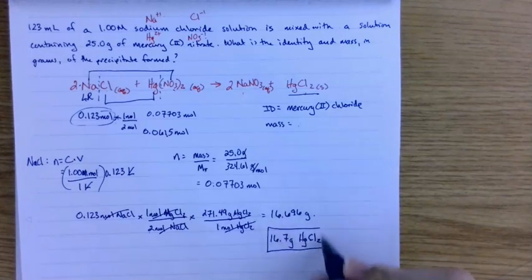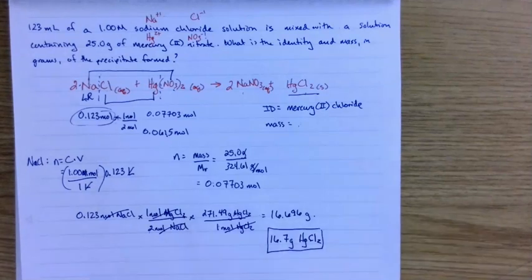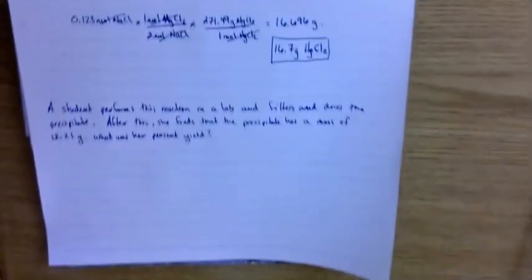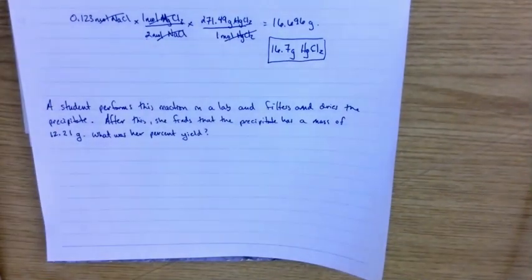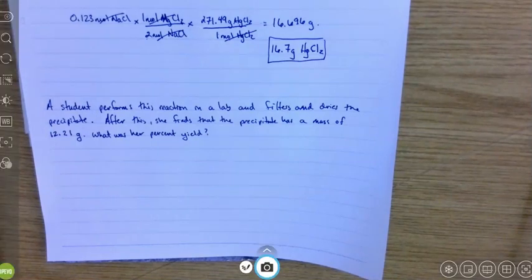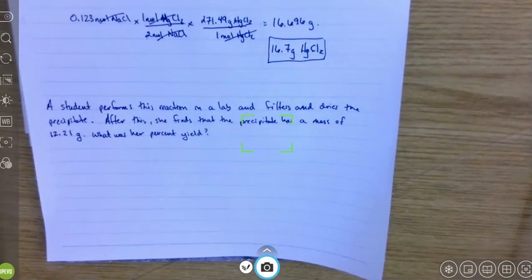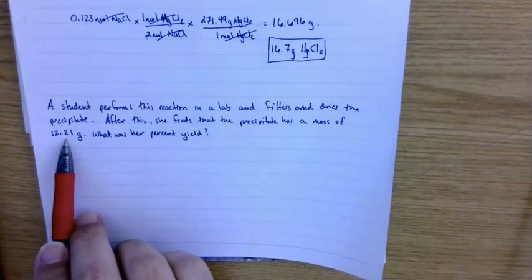And then go ahead and give it a box or a circle or something, just so whoever is grading this or reviewing this can find it easily. We want to look at some percent yield. And if I adjust my camera here, a student performs this same reaction in a laboratory and finds that after filtering and drying our precipitate, it has a mass of 12.21 grams, and we want to know what's